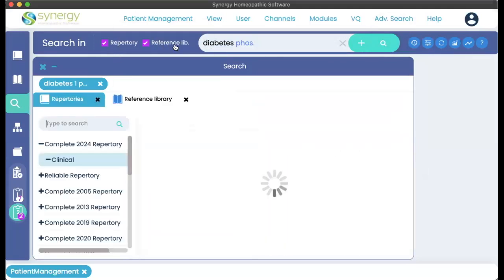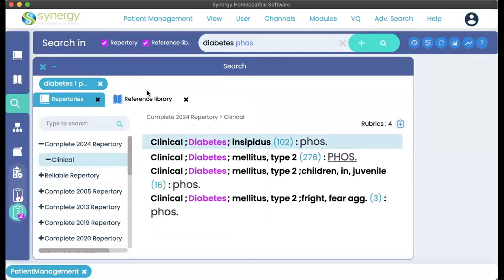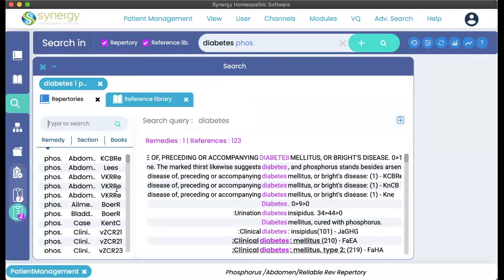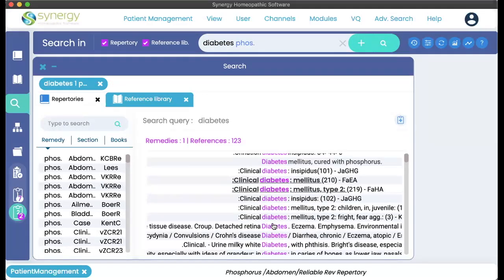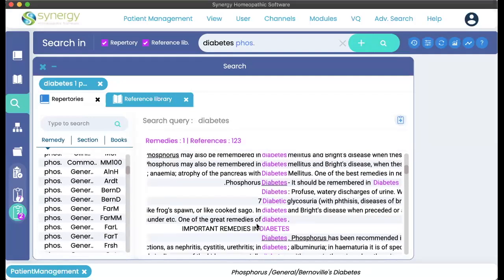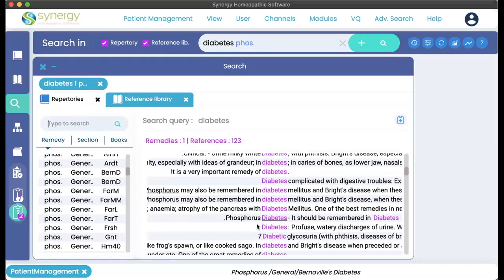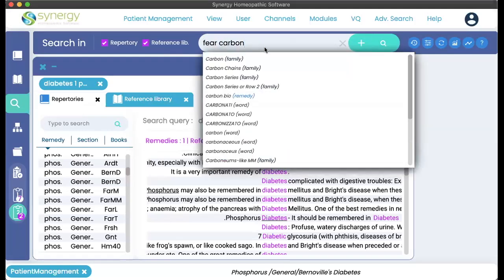It will search from the repertory and the reference library all the rubrics of phosphorus and all the symptoms or clinical indications of phosphorus mentioning the clinical condition diabetes and the remedy phosphorus. So I hope this is very much clear. And in this way, you can make a search for any symptom. Suppose you want to search for symptoms of carbon family. So you just type fear and carbon and search for